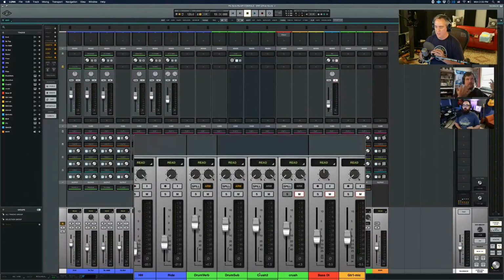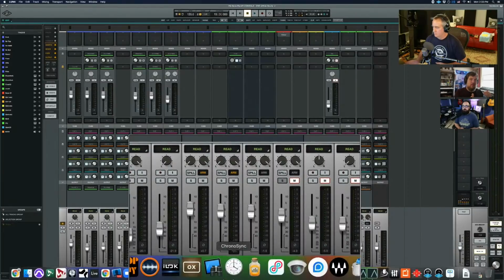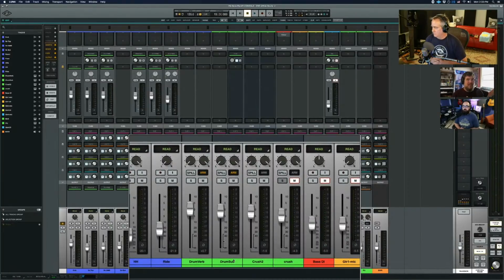And especially with something like an 1176, we talked about this when we talked about compressors, it's all about the attack and release settings. So if you've got that compressor set so that when the kick hits, you get a lot of the snap, a lot of that front edge of the kick coming through, pushing another 3, 4 dB into your parallel compression, all of a sudden, boom! Now it sounds like more kick, but without really overtaking the mix or complicating other things. So having these independent controls, and being able to pull the room mics out,